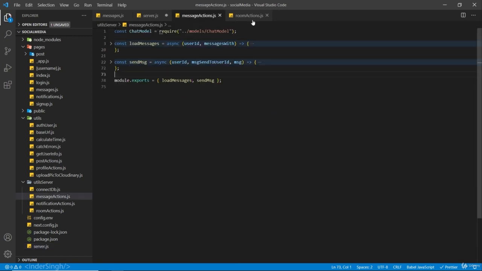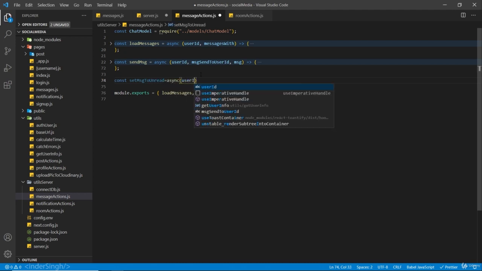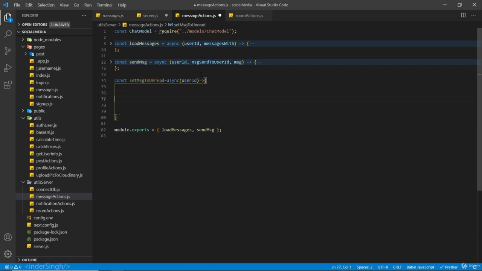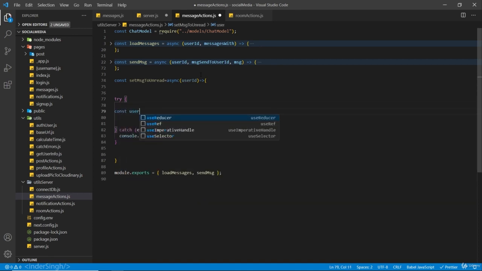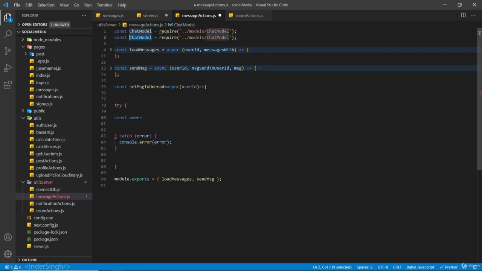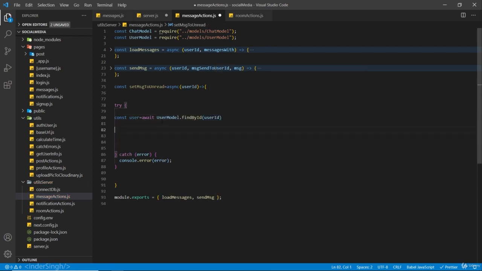So let's create this inside message actions. Const setMessageTo100. Again, it is going to be an async function and we're going to receive the user ID. Inside try catch, if there is any error, I'm just going to log the error. Inside the try block, we are going to find the user. So we're going to need the user model for this. So await userModel.findById, the user ID which we are sending, and we're going to check